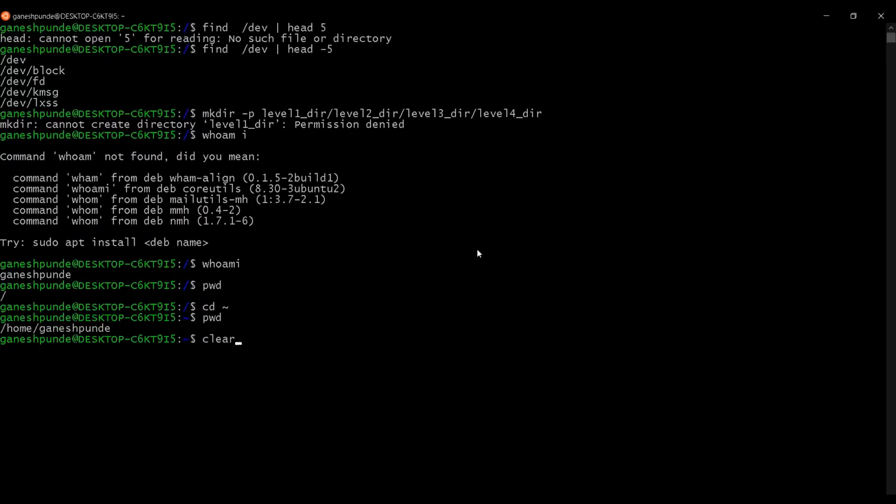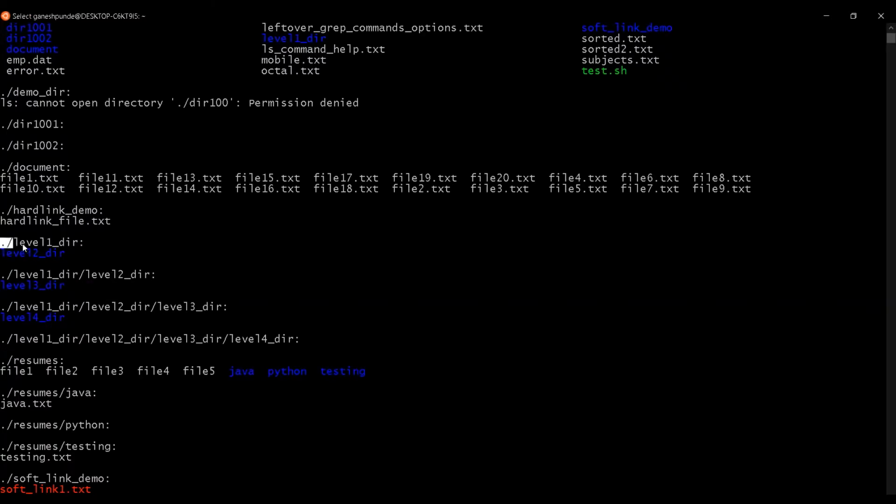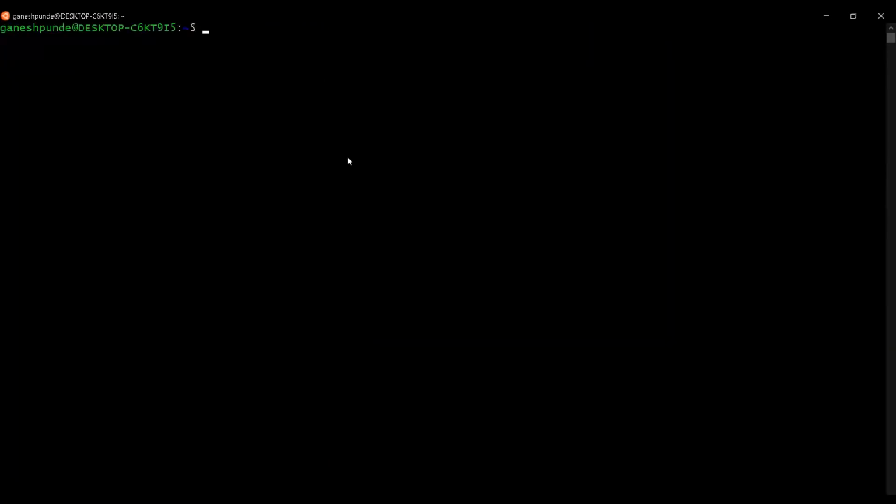So if I want to create that path, I can say mkdir -p and these many levels. First, this will create one directory, underneath it level 2, underneath that level 3, underneath that level 4. Now you can see it is showing level 1, underneath level 2, level 3, level 4.